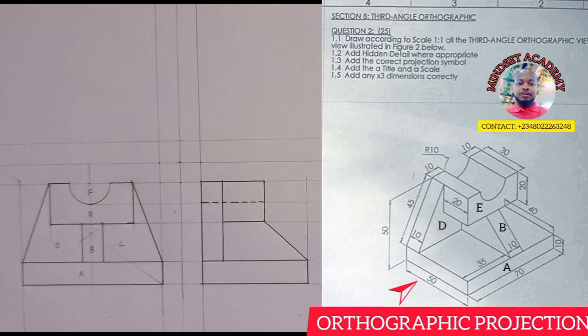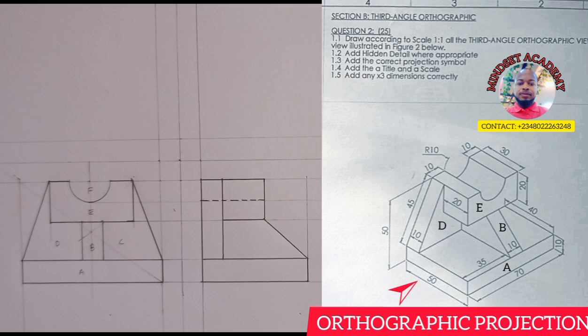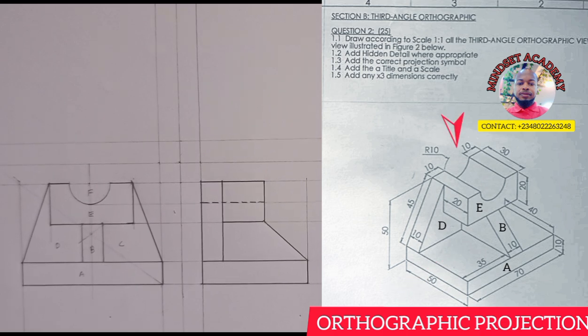Then what else do we have here? And that is what we have at that point. So that is the end view looking from this side. Then the next thing that we're about to do here is to draw the plan. So when you are drawing the plan,